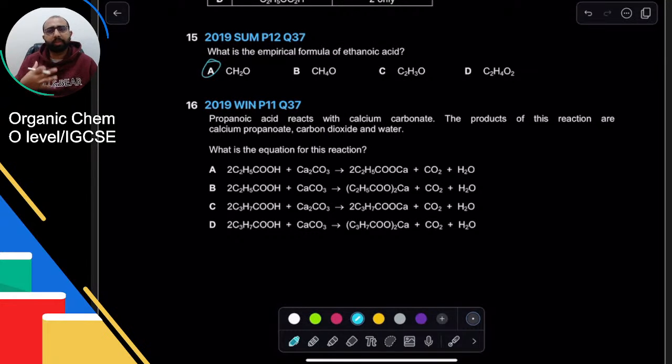यहाँ पे स्टूडेंट एक कॉमन मिस्टेक करते हैं कि वो सिर्फ सी और OOH को छोड़ के बाकी को काउंट करते हैं. नो, C is C. The number of carbons should include all the carbons that are there. So propanoic means the total number of carbons in this acid is 3. So let's see. This one is an eligible candidate. This one is a good candidate. This one is wrong because they have 4 carbons. So A या B में से कुछ होगा.